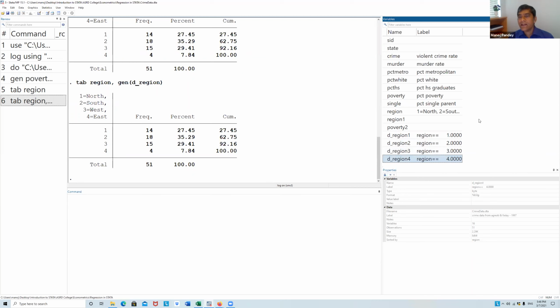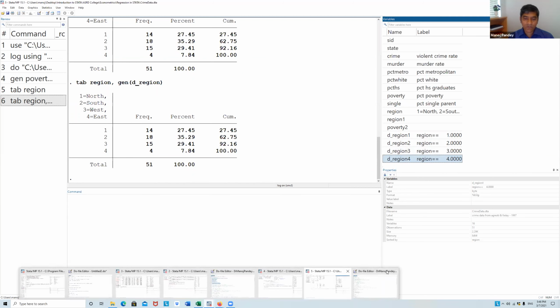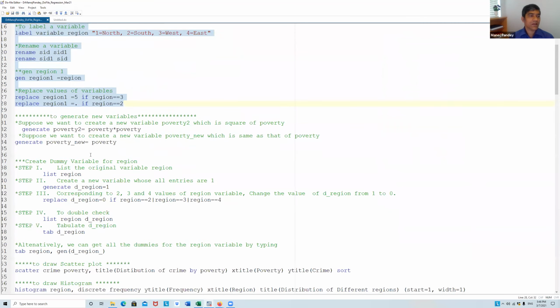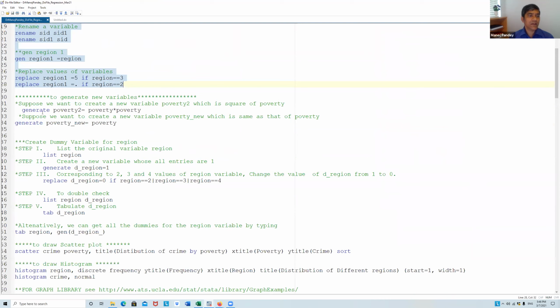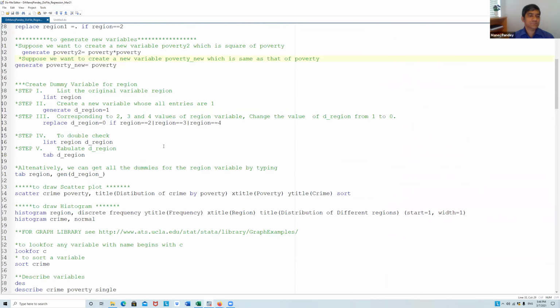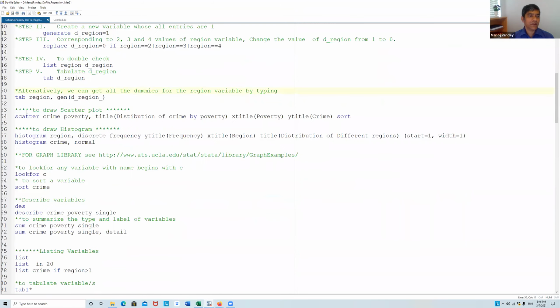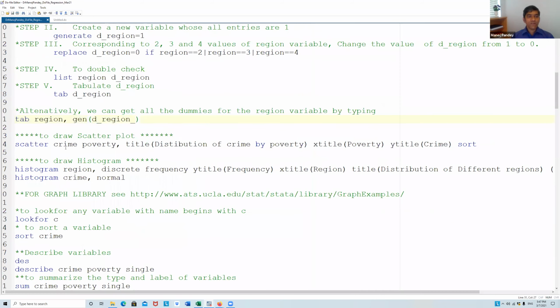So now I'm creating a dummy to use it. This is what I did in this one here. I generated poverty and then the dummy variable here, right? Using this tab region. So everything is here, which I did.